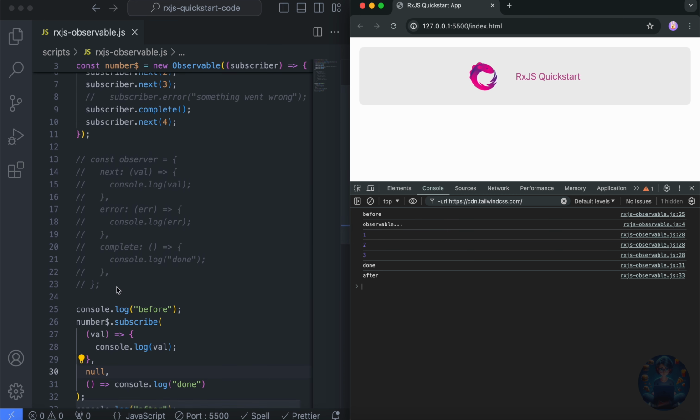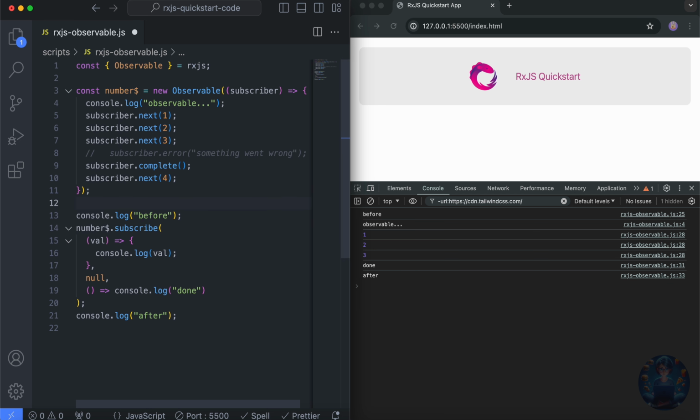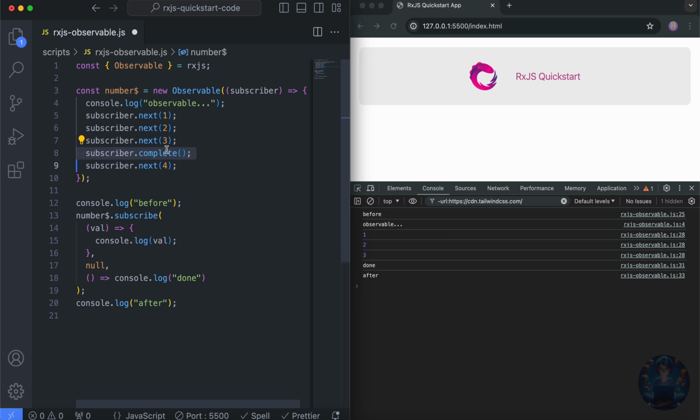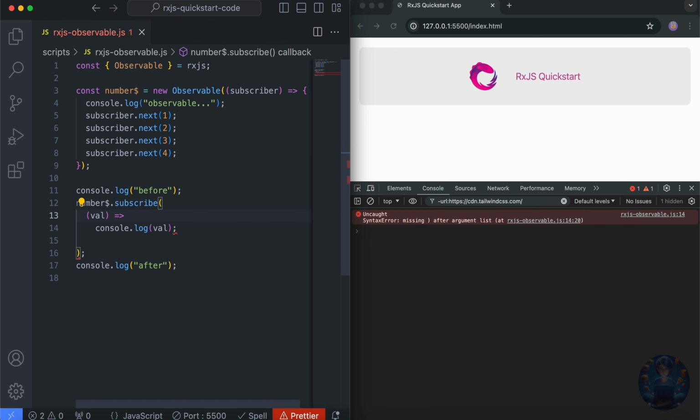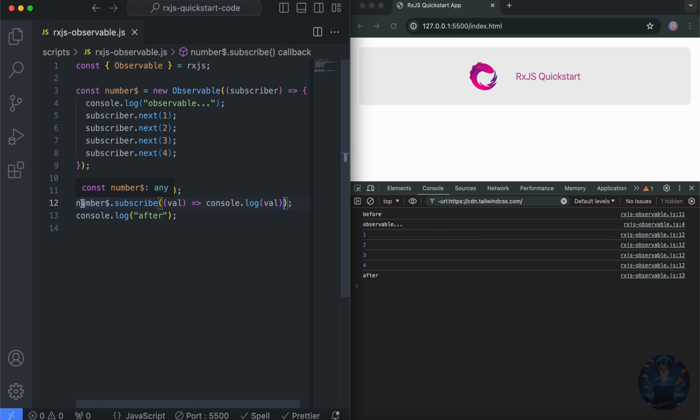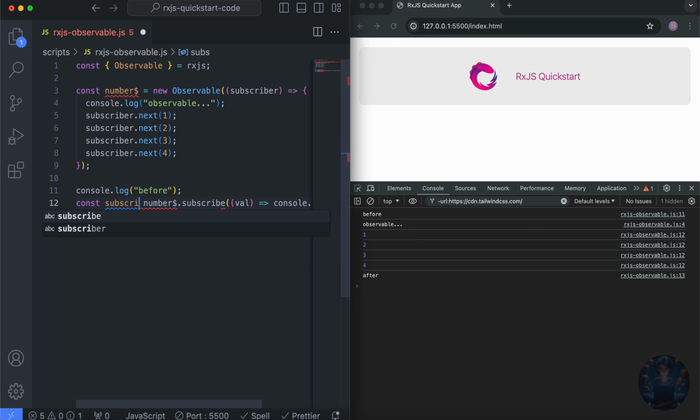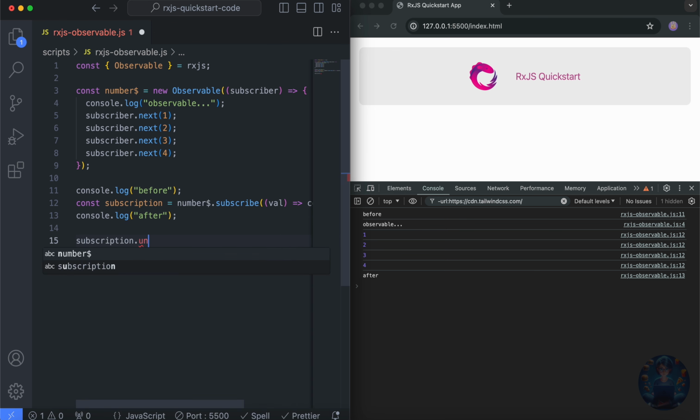So let's do some cleanup. I'll remove this one. Okay. As well as this. I'm removing the complete also. We have this. Hit save. I'm also for now removing this for just cleaning purpose. That's all. Nothing else. Right. Remove this. That's all. Whenever you invoke the subscribe method, it returns you a subscription object. So let's collect it. We'll just call it subscription. Const subscription. To unsubscribe, what you have to call is subscription dot unsubscribe.